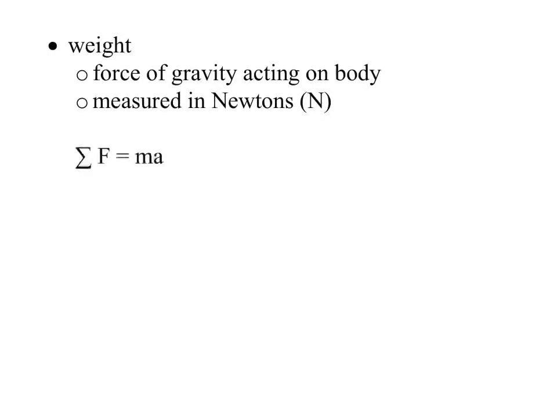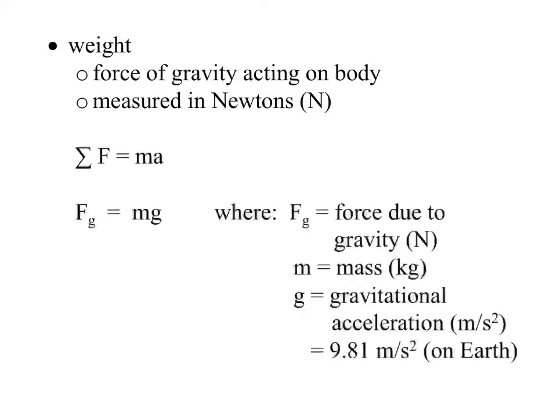So we know force, or net force, is usually some mass times acceleration. But in the case where we're talking about gravity, well, that has a very special acceleration, doesn't it? We know that has g, the gravitational acceleration of 9.81 meters per second squared. So, if you actually want to find your weight, you need to take your mass and multiply it by 9.81 meters per second squared. And that is your weight on Earth.